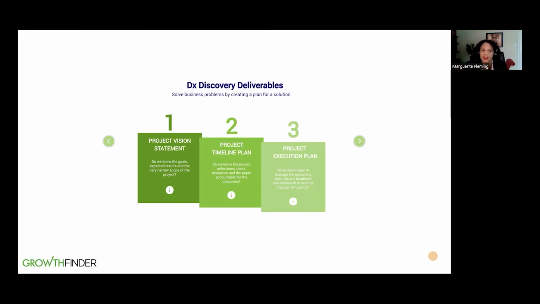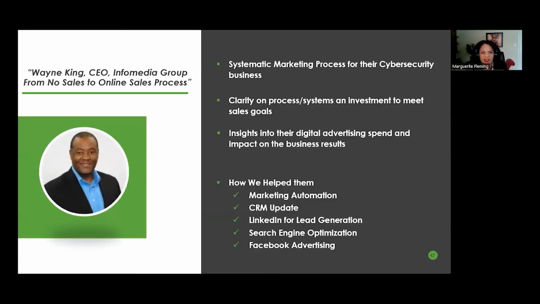Okay? At the end of the day, we go through this process with clients and deliver a solid end-to-end process where we identify what the gap is, go through some solutioning, and come up with some specific projects that you can implement in order to meet those goals. So that's what we did for them. Again, we came up with ideas around marketing automation. They ended up just choosing one. They chose a CRM update so it could connect and link some technologies for marketing automation that connected in with marketing they wanted to do on LinkedIn, marketing they wanted to do in search engine optimization and Facebook advertising.